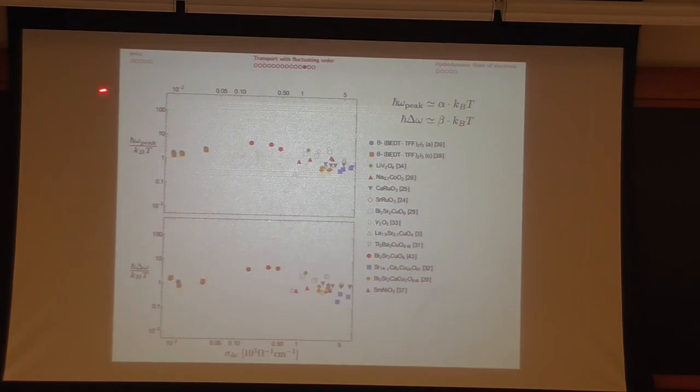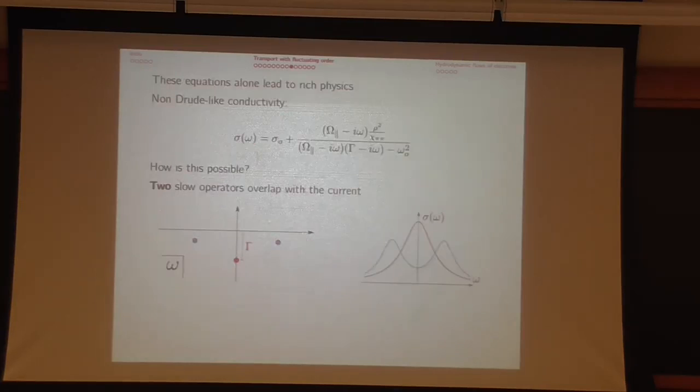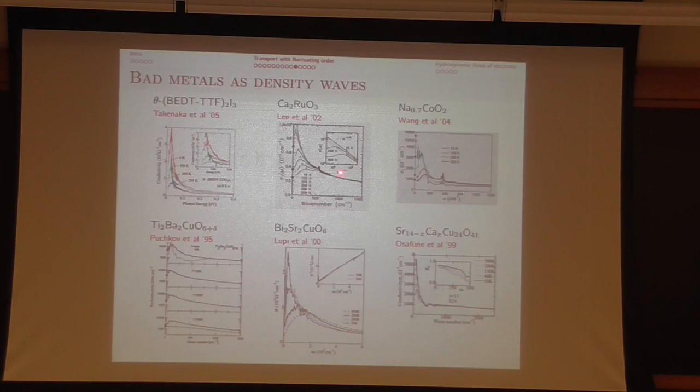So one more thing. If I use the fact that both the position of the peak and the width of the peak scale like temperature, I plug this into my equation here, I'll obtain that the DC conductivity goes like one over temperature, so that the resistivity goes like temperature. So that's again something you can do with hydrodynamics. You can relate observables. So here we're using AC observables, optical, finite frequency things, to fix the DC conductivity.